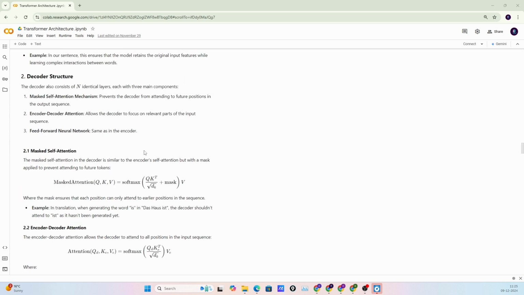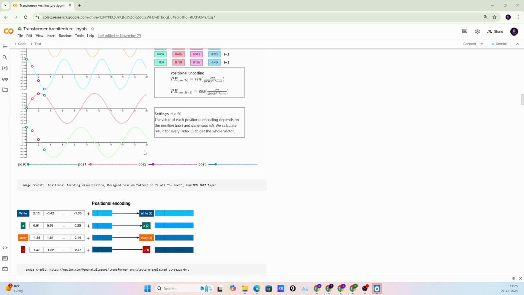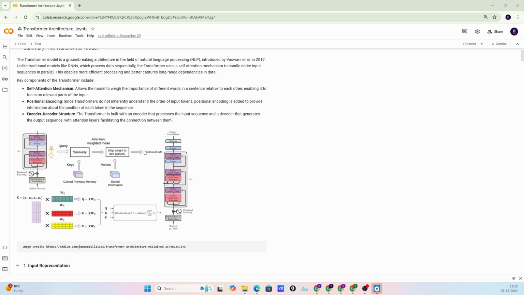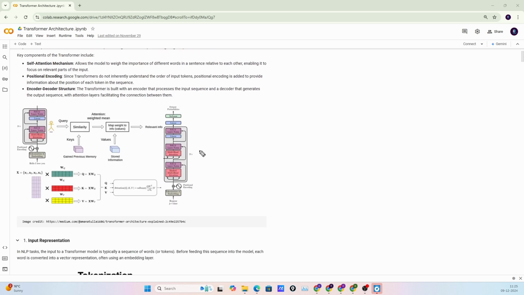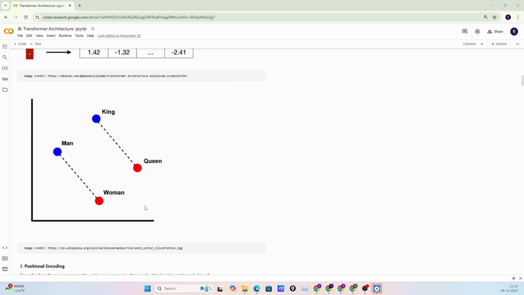And then we have the decoder part, and in the decoder most of the things are similar to the encoder. Let me show you in the diagram, then I will explain the mathematics also. As in the encoder we have tokenization, then embedding, similarly here we have tokenization, embedding, then positional encoding, then multi-head attention, and here one more attention variant, the masked attention, then the residual connection, then the feed forward neural network, and at the output we have the softmax layer. So most of the things are the same.